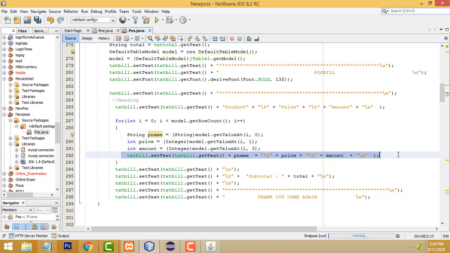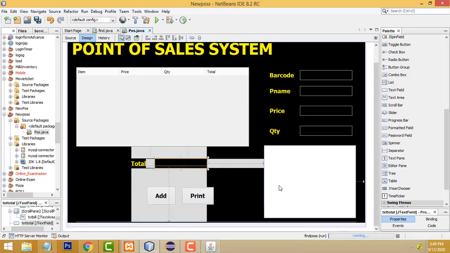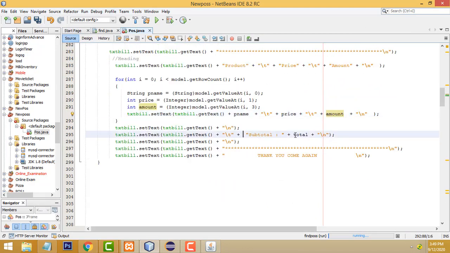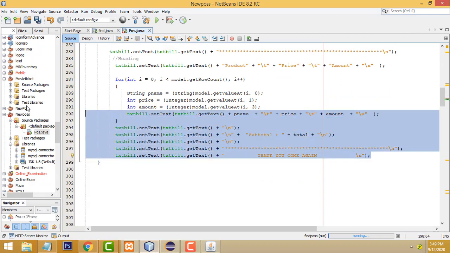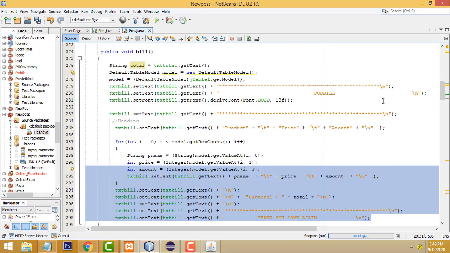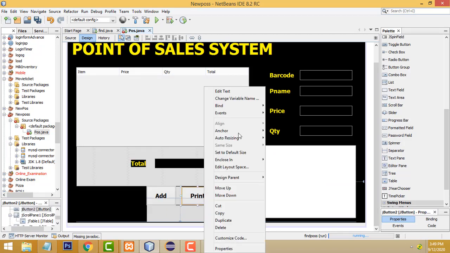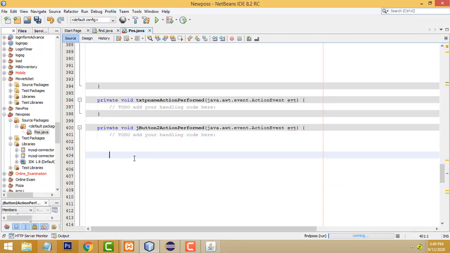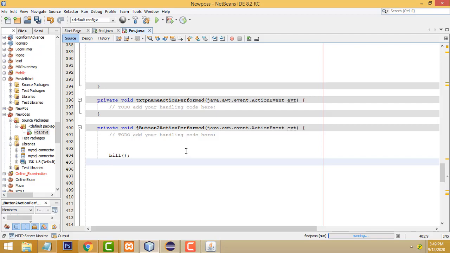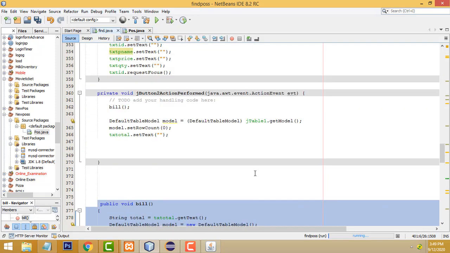We are passing this variable to txt bill. It prints the value like this. After that the subtotal, what value are we getting here? After that we have to give the thank you, come again text. We have to write a simple and efficient bill like this. You just copy this bill, paste the code here, and after that we have to do some more things. After releasing the bill, we have to do some essential work.